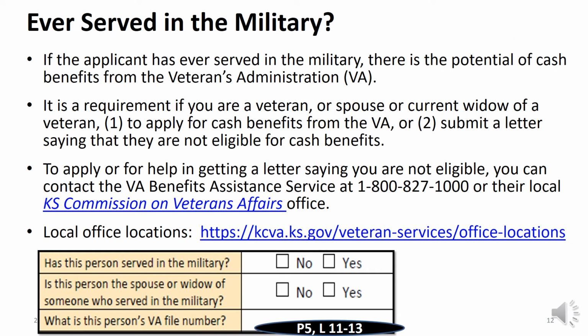Ever served in the military? If the applicant has ever served in the military, there is a potential of cash benefits from the Veterans Administration. It is a requirement if you are a veteran or a spouse or current widow of a veteran to apply for cash benefits from the VA or to submit a letter saying that you are not eligible for those cash benefits. To apply or for help in getting a letter saying that you're not eligible, you can contact the VA Benefits Assistance Service at